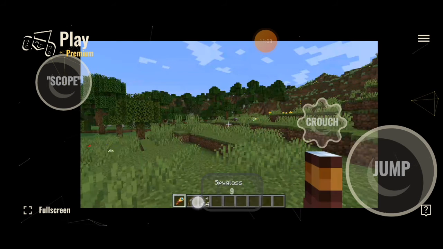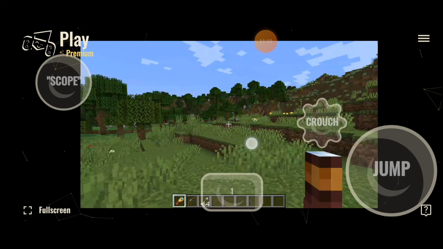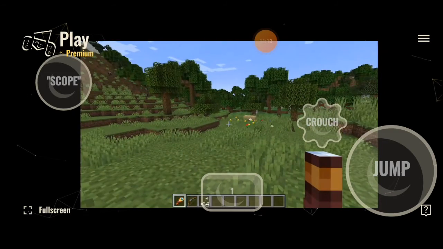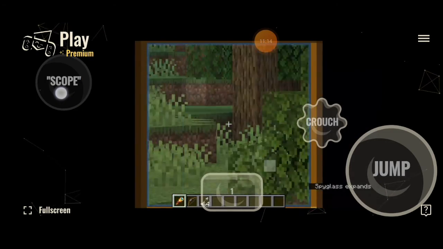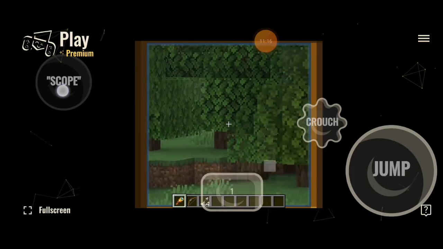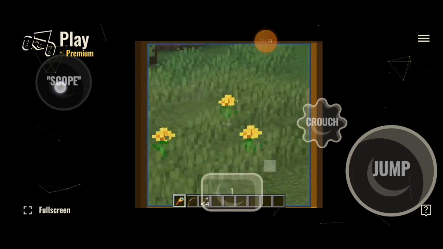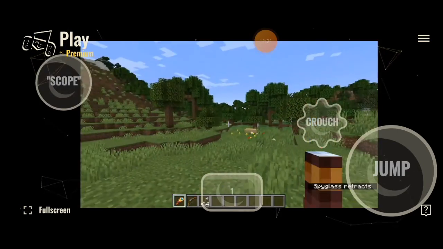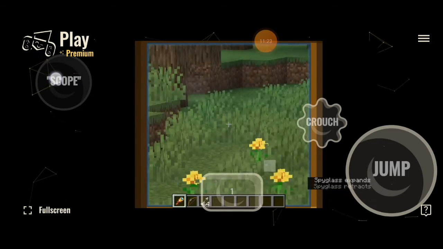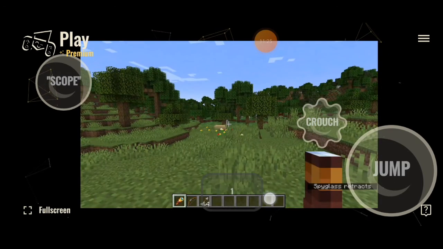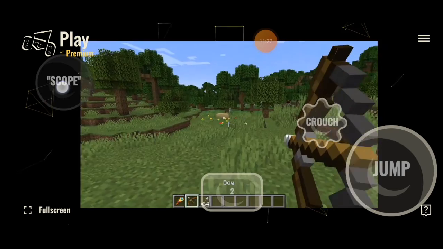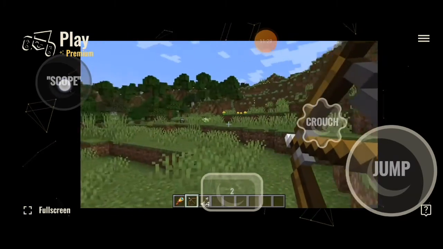So I'm going to go back to 1 using my scroll. And then I'm going to click on scope. It opens up the scope, and now I'm using my gyroscope to actually move it around, and then I can release, and it does that. And this can actually also work with a bow. Only when I'm aiming the bow